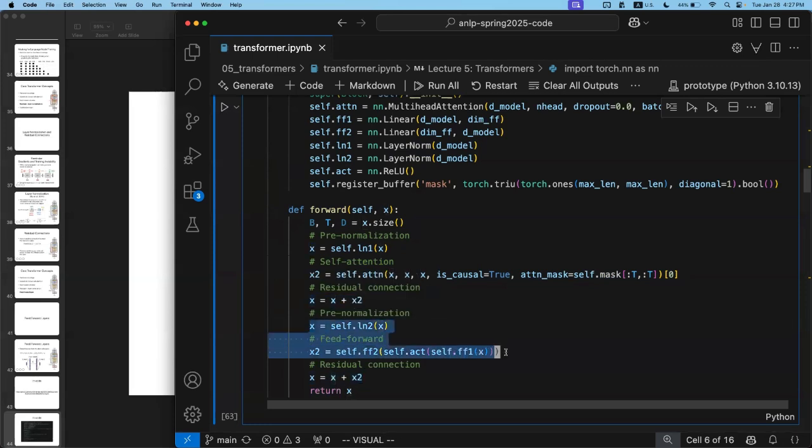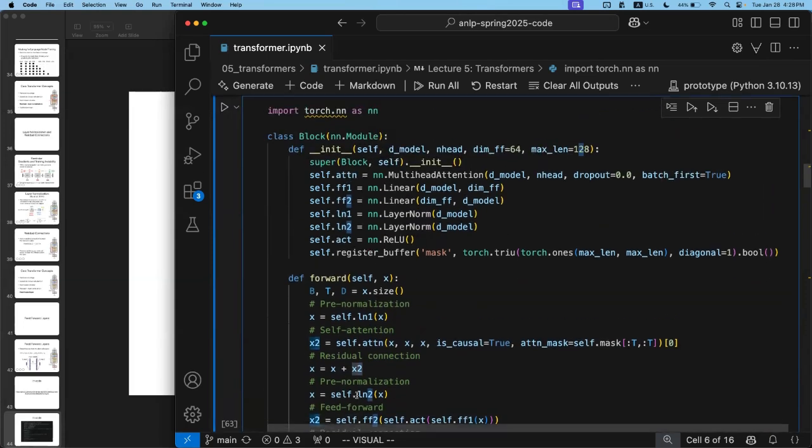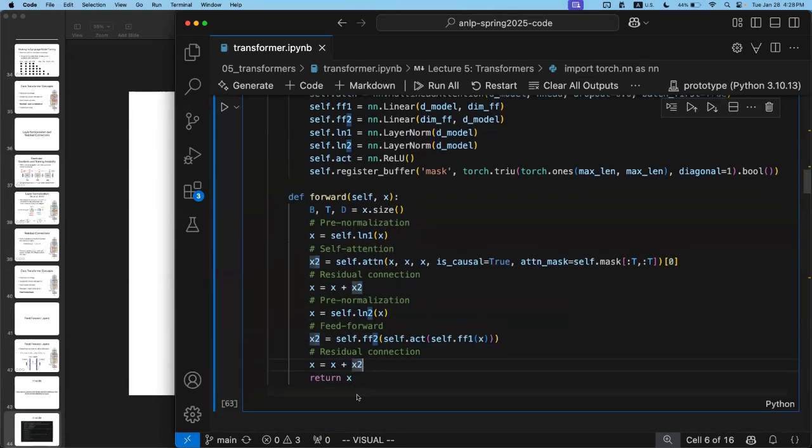And then here's the second part where you again do a layer normalization, do the feed forward network, and then do the residual connection. Okay, so I'm going through it a bit quickly, but hopefully if you want to look through this after, the code is simple and you can see concretely how the different parts that I introduced